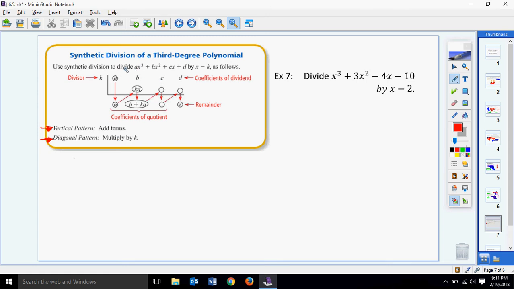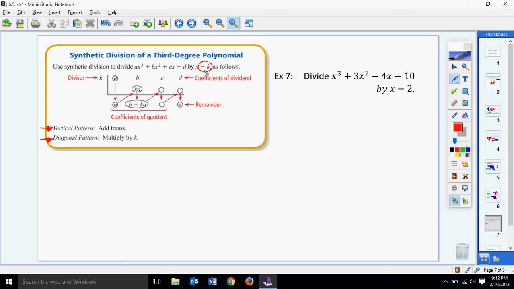So notice that we have a polynomial, ax to the third, bx squared, cx, and d. A, B, C, and D are the coefficients. They're the numbers in front of the x's. So we fill in with just our numbers. Remember, we're not using x anywhere here. k is the number in your divisor. So you have x minus a number. Now notice,